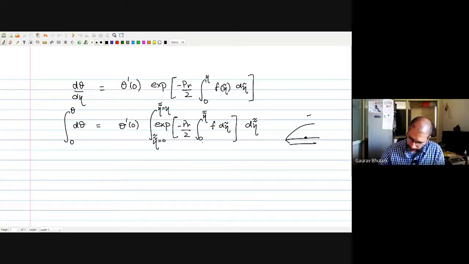So usually I tend to check. In this first integral, I integrate eta tilde, and everything comes out to be a function of eta double tilde. And then in my second integral, my eta tilde is integrated out, and finally by putting in the limit, I have everything in terms of this eta now. So eta is something I'm defining as going from 0, on the surface of the plate, to eta.